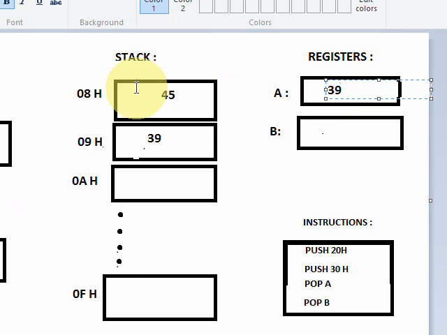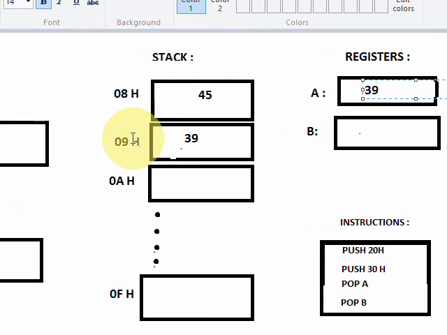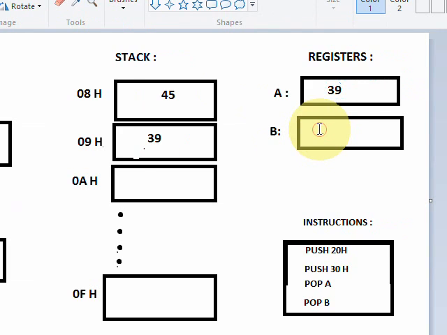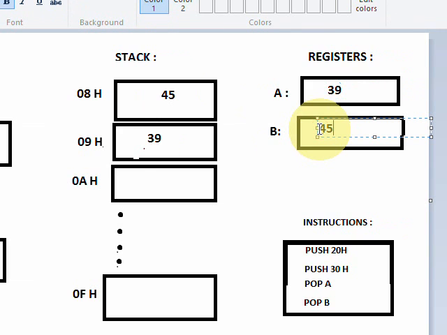So the stack's current location will become from 09 to 08. So now the stack's current location is 08. Pop B will copy data from the stack's current location 08H into the B register. So I can type 45 here. So this was the concept of stack, and let's go over to the program now.